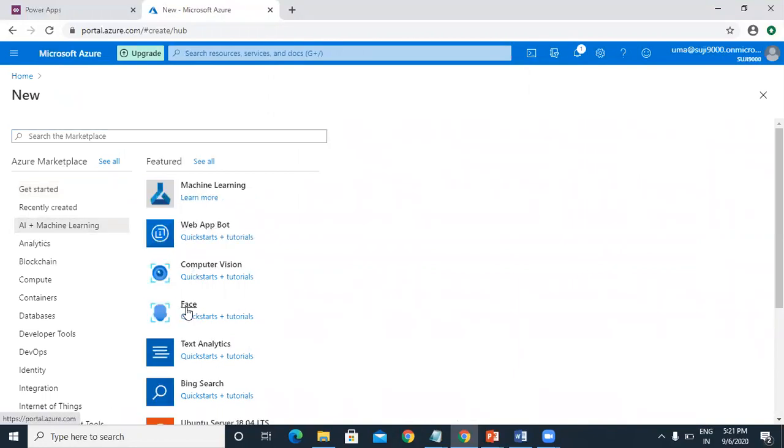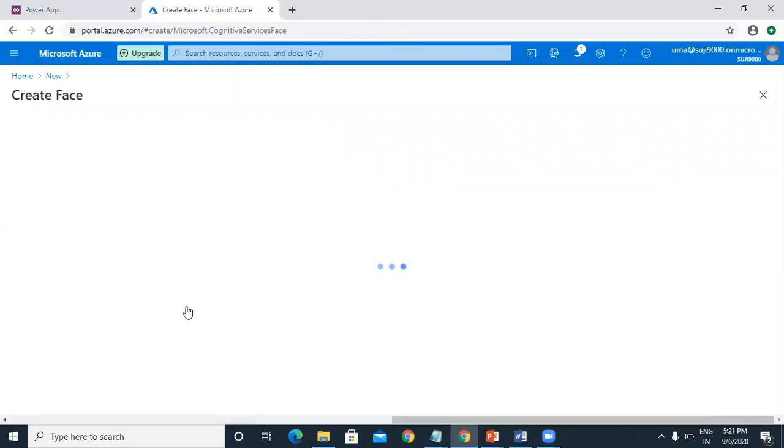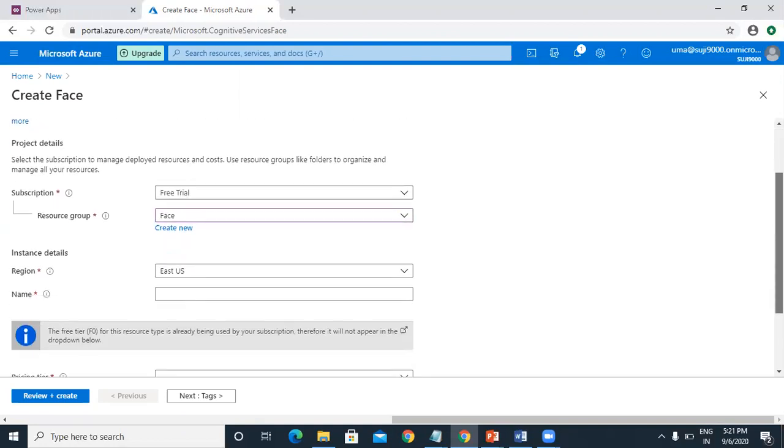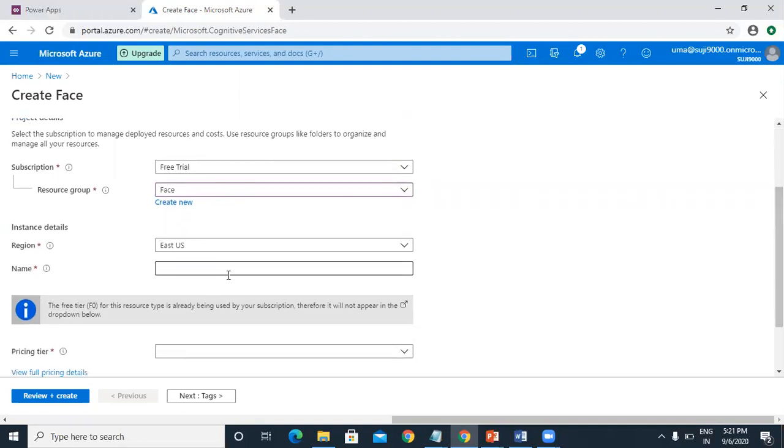I'm going to use Face, and I'm using my existing resource. Here we need to pass the name; I'm giving it the name Face API.